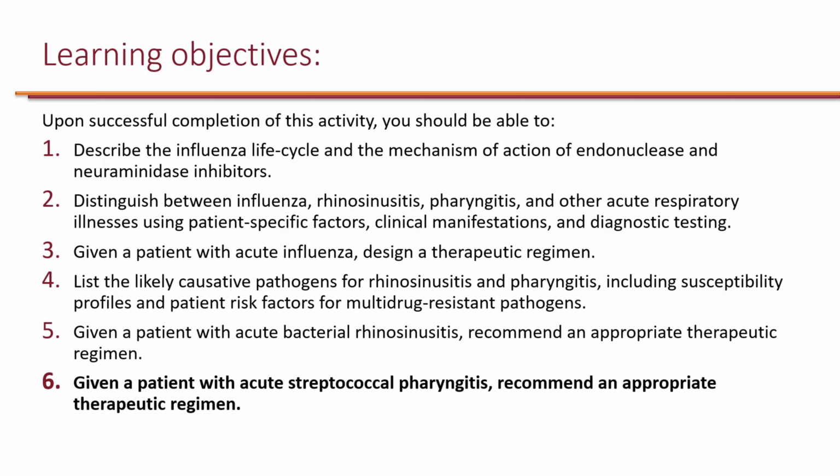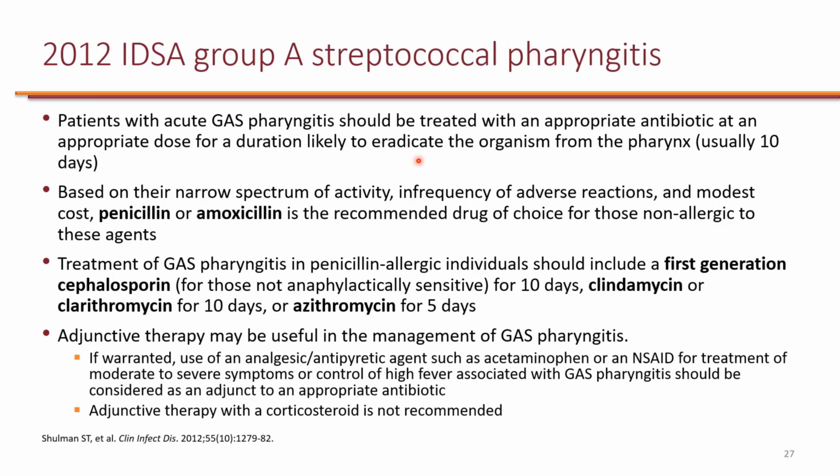Now, given a patient with acute streptococcal pharyngitis, let's recommend an appropriate therapeutic regimen. These are the recommendations from the 2012 IDSA guidelines specifically for Group A streptococcal pharyngitis. So Group A streptococcus is Streptococcus pyogenes. GAS is short for Group A streptococcal. They do recommend that patients with Group A strep pharyngitis be treated with antibiotics, and the duration is